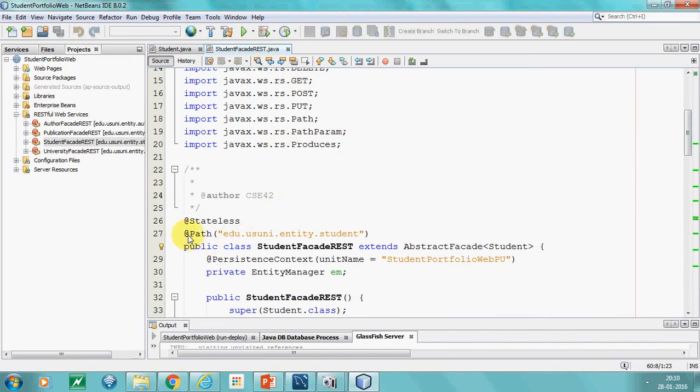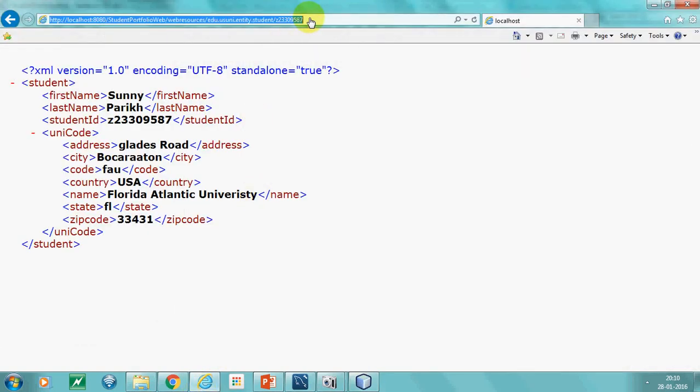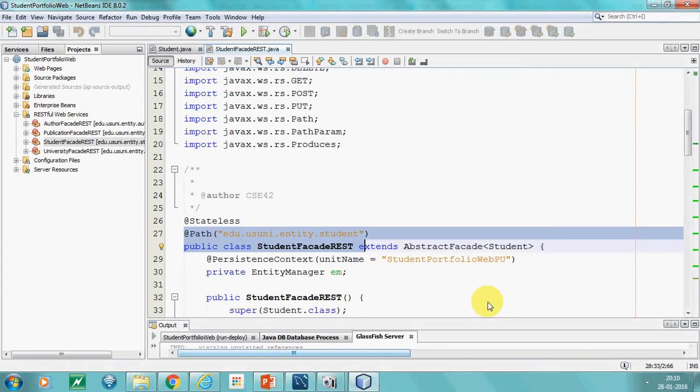So that is done. It found the corresponding class where the Java method is residing. And then it checks, okay, what is it doing? It's a GET request. And there is an ID which is being passed here, a resource ID.